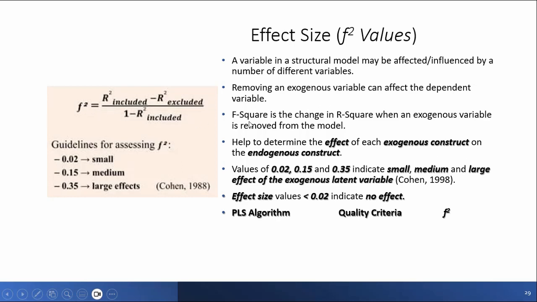F square means the change in R square when the exogenous variable is removed from the model. This is the criteria from Cohen: 0.02 is a small effect, 0.15 is a medium effect, and 0.35 is a large effect. And less than 0.02 indicates no effect.